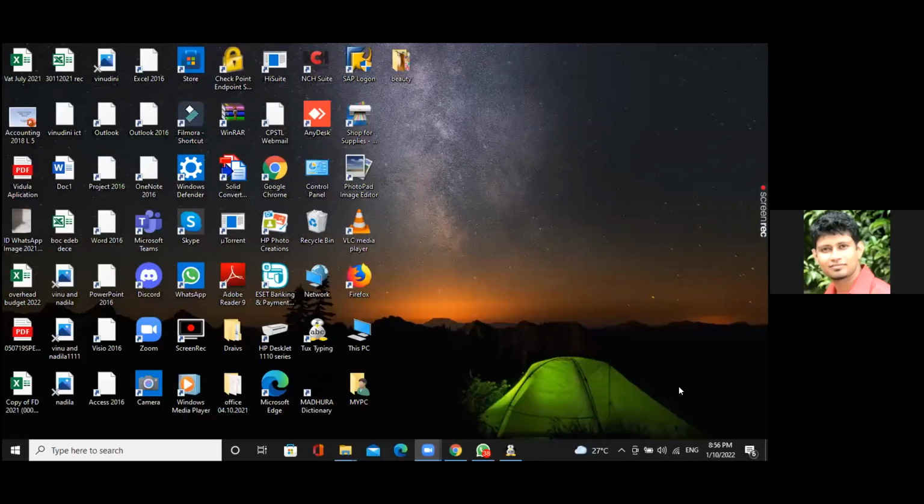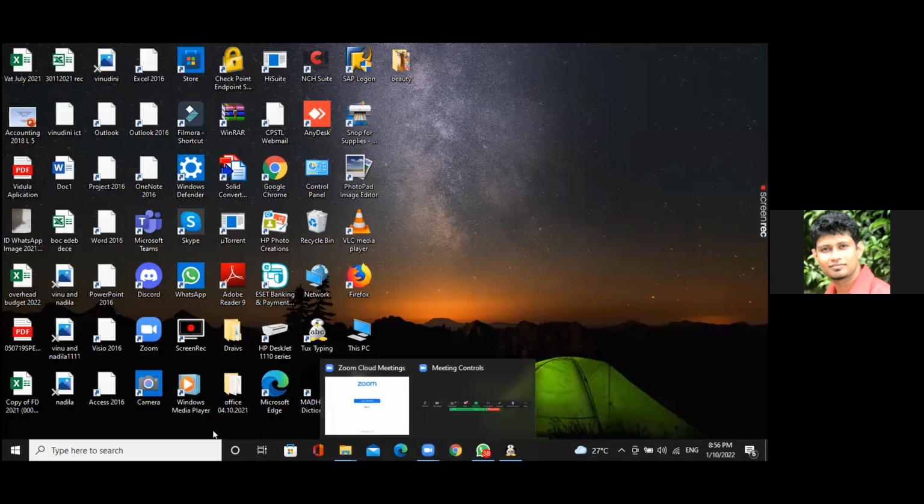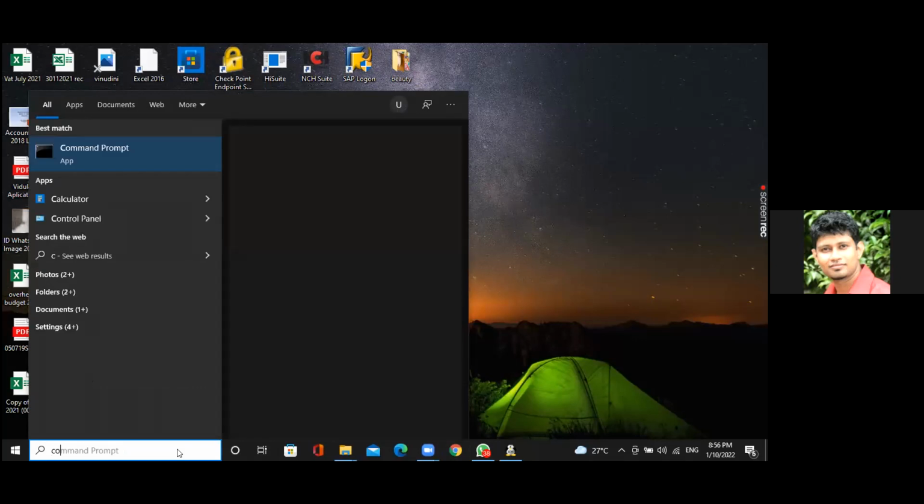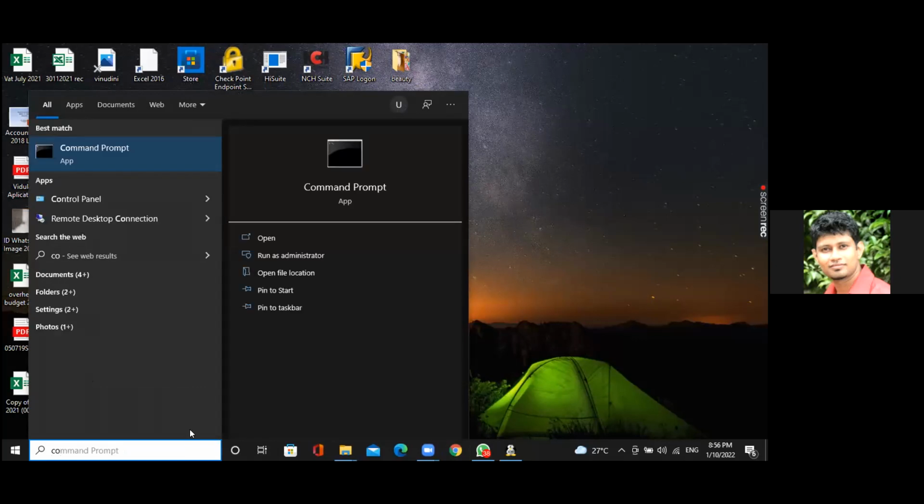Okay, Udamsa. So let's see how to work with command prompt now. I'm going to do all the activities with the command line interface. Please access the command prompt. You can go to the Windows button and search for command prompt. Type command prompt, then you can see the black color icon, which is command prompt. You have to open that.